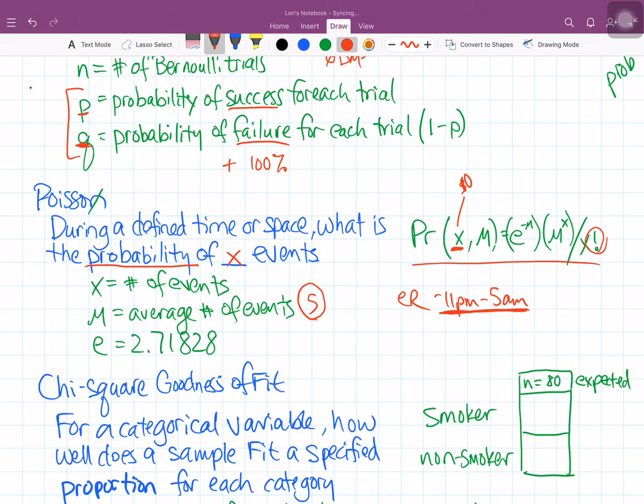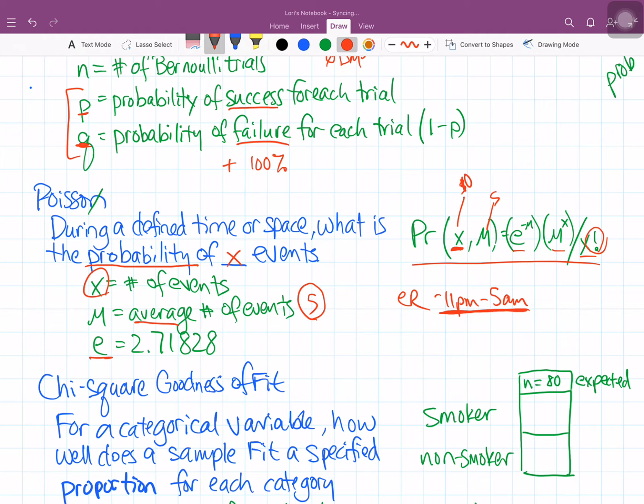So we need to know the number of events that we're testing. That's one of the requirements. And we need to know the average. What do we typically have? And so this is 5 for this equation. And then this equation also uses E, which is just a specific number in math, 2.71828, and it keeps going on and on. And so basically we're taking those numbers, whatever they are, and plugging them into this equation. Again, we have a factorial in it. It's not as important for you to specifically know how to hand calculate that.